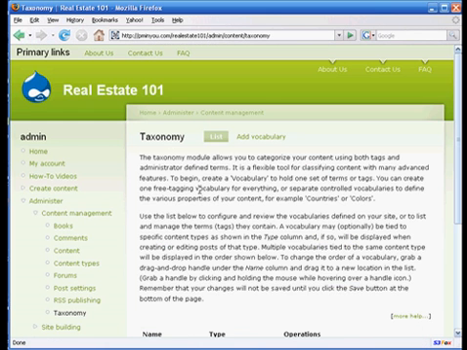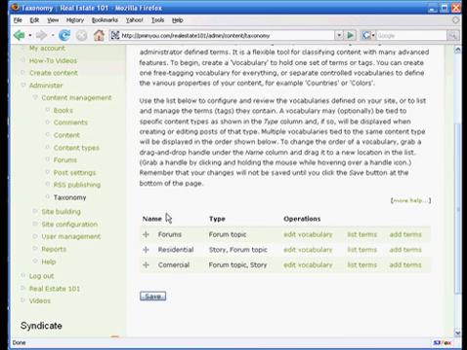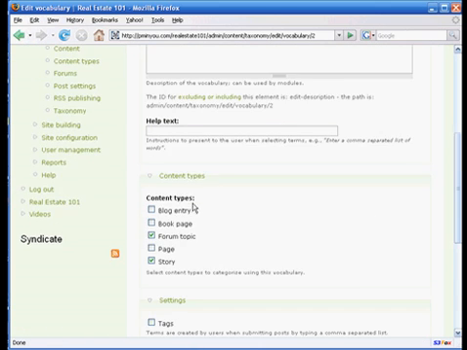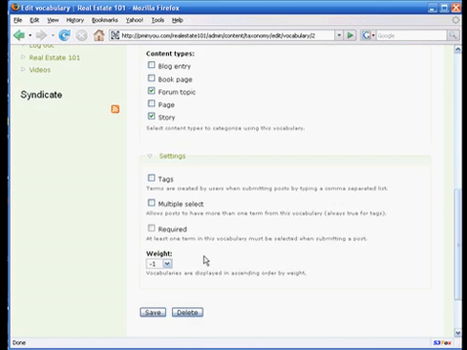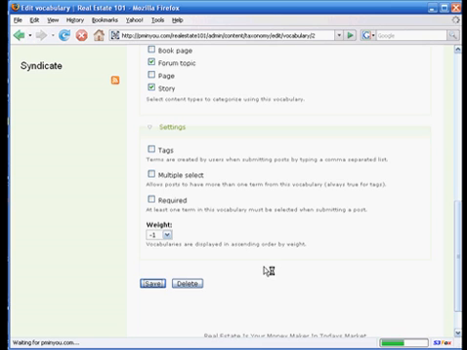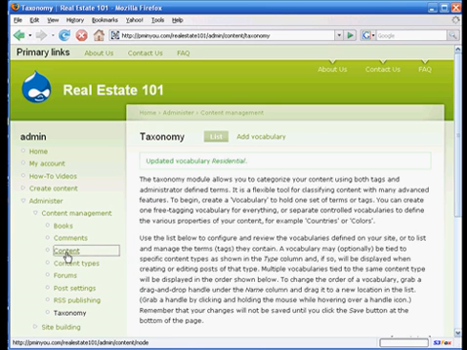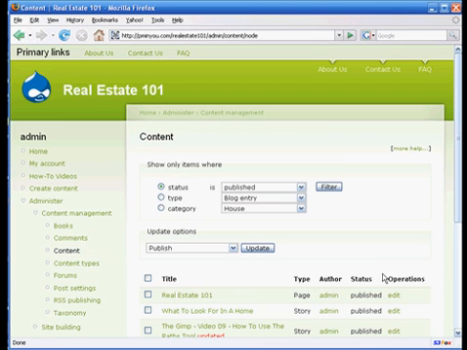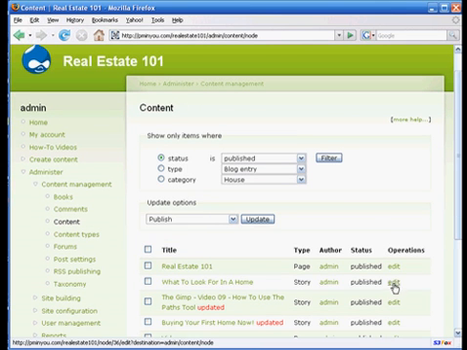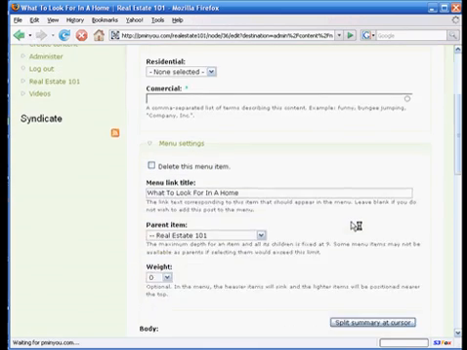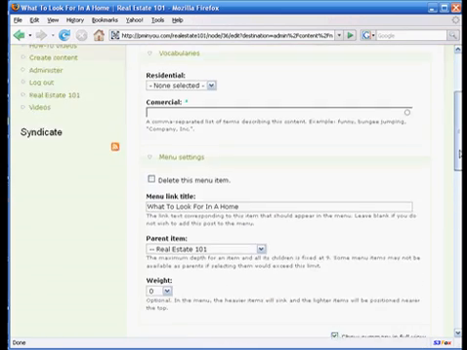Hopefully you're getting a grip on what taxonomy is and how it can benefit you in organizing your site. Edit vocabulary, and we'll head on down to settings, untick that, save it, head on over to content, and we'll save a step this time by just going over here to edit under operations. And you can see here, since it's not required,